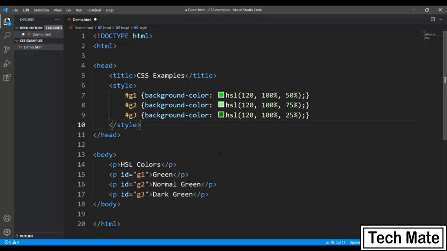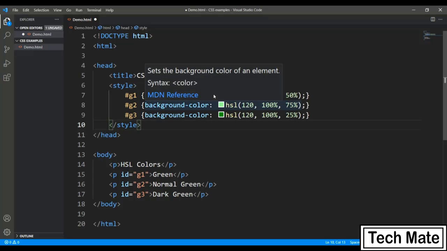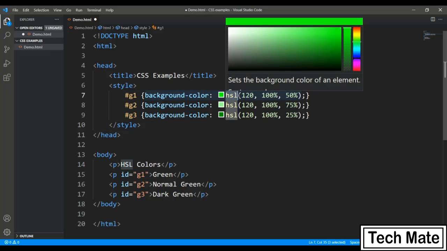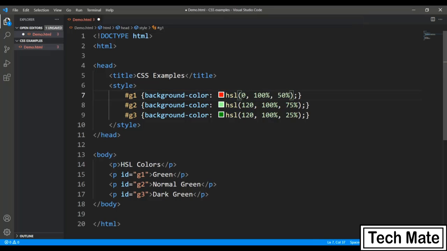Another way of passing values for the color is HSL, that is hue, saturation and lightness. In the first parameter, hue, you can pass values like 0, 120, 240, 360. You can pass any values in between also, but these give you the absolute colors: 0 and 360 give you red, 120 gives you green, and 240 gives you blue.